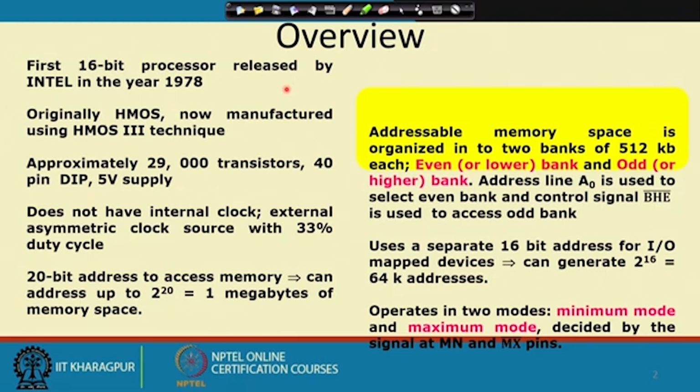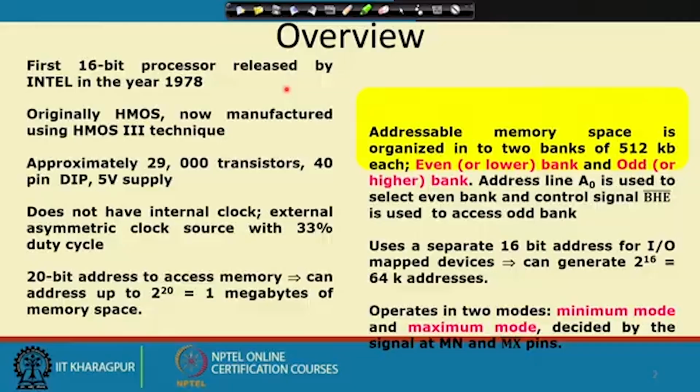So, you have to give the clock from the external world, with 33% duty cycle. So, for 1/3 of the clock duration it should be in the high state, and the remaining time it should be in the low state. Then the address is 20-bit, compared to 8085 that had a 16-bit address. So, this has a 20-bit address, and naturally it can access 2 power 20, that is 1 megabyte of memory space,